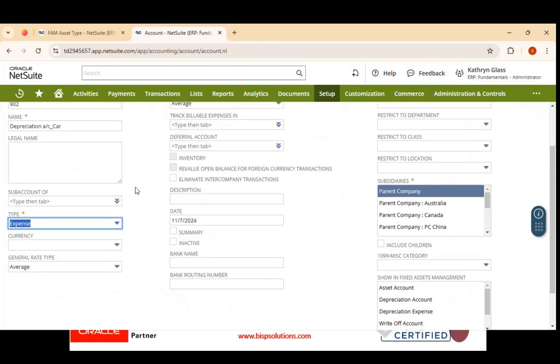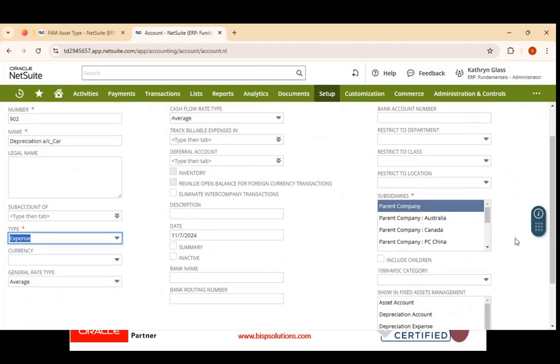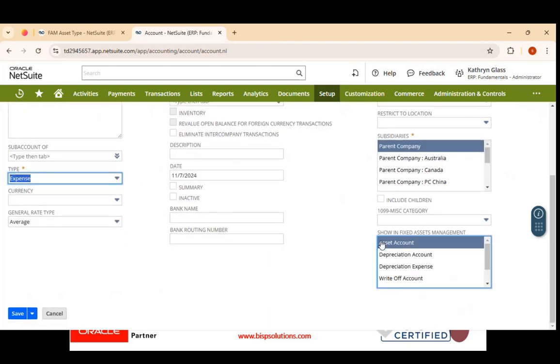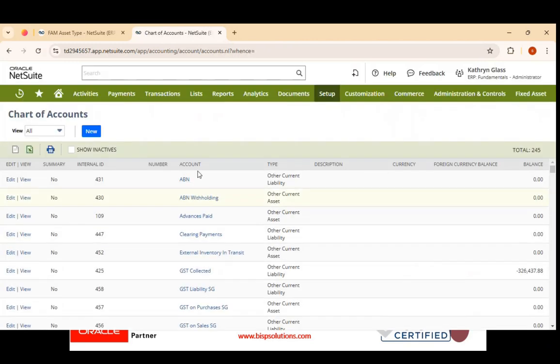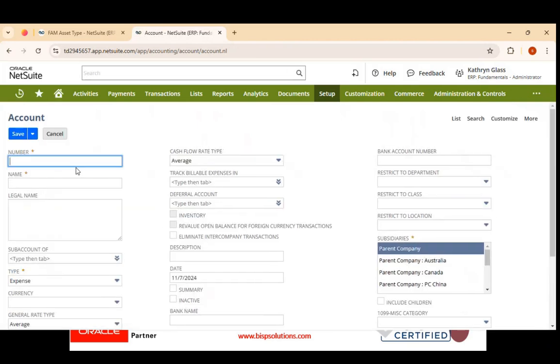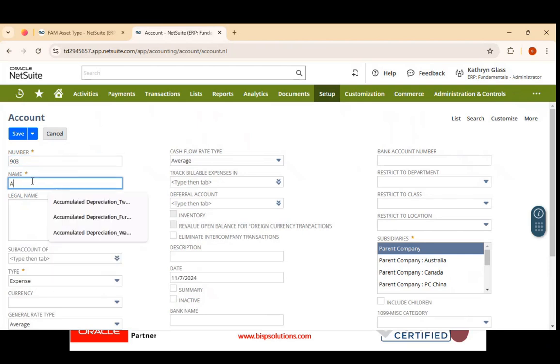So depreciation is an expense for our company, and again we will be selecting all the fixed assets which will be shown in fixed assets management. So we have made two chart of accounts. First is for car account and second is for depreciation account. Then we are making a accumulated depreciation account. So 903